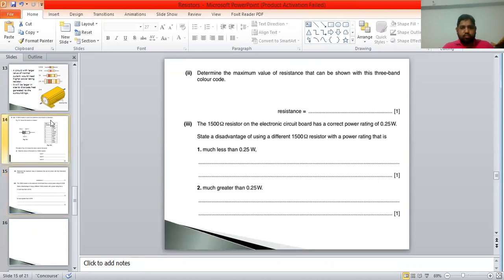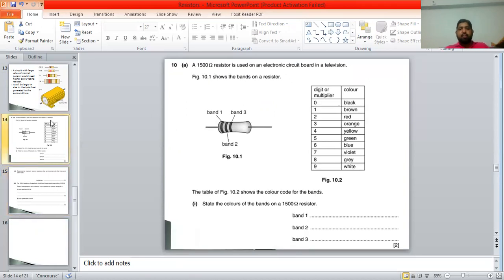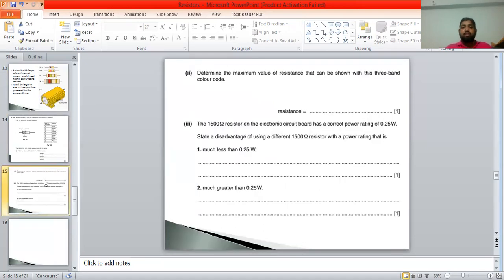वो किसकी है जी? वाइट की है ना? Yes, white 9. So if we have three white lines, you need to find out what will be the resistance shown by that. If we have three white lines coding on a resistor, what reading would that show? ठीक है जी. Third, state a disadvantage of using a different 1500 ohm resistor with a power rating that is,